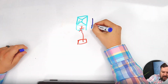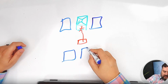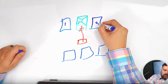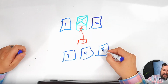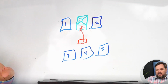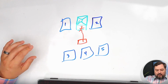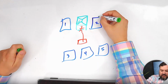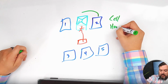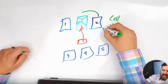So there's a house here, there's a house here, there's a house here, here, and here. We call this the 5-around. This is 1, 2, 3, 4, 5. These are the 5 houses that are closest to the house that you're actually interested in. Why is this so important? Because there's a good chance one of these people will have the cell phone number to this person, or a home number, or an email address, or you could leave a business card and say, hey, will you have them